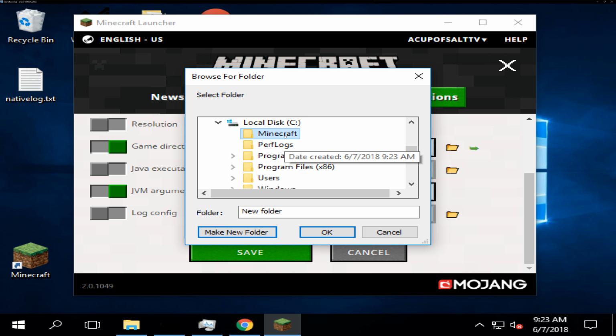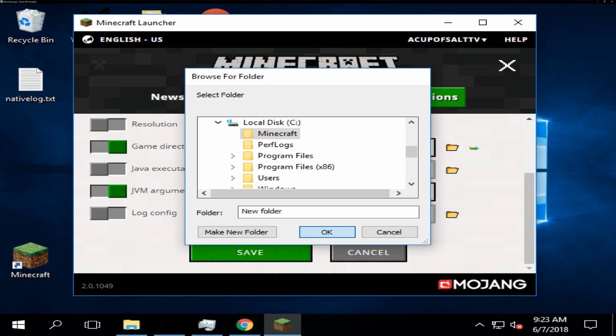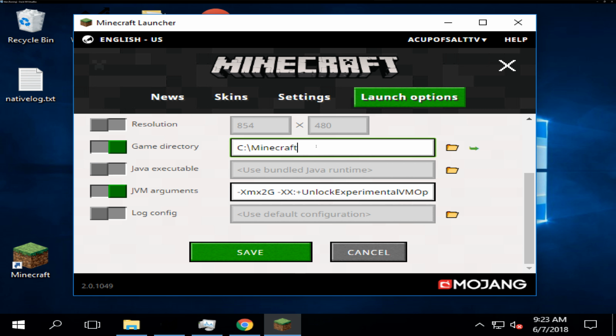See if it, yeah, okay, that time it works. Sometimes when you rename the folder, it glitches out and doesn't rename. So I'd recommend doing it somewhere right off the drive and really easy to remember. It doesn't have to be specifically the C drive. It can be the D, E, F, whatever drive you have